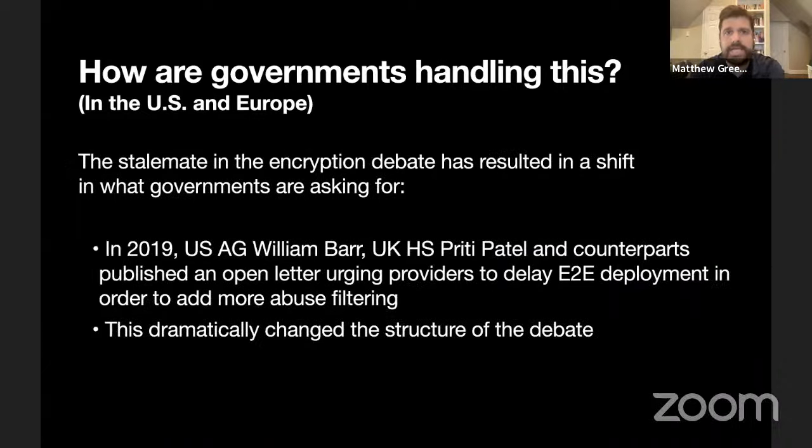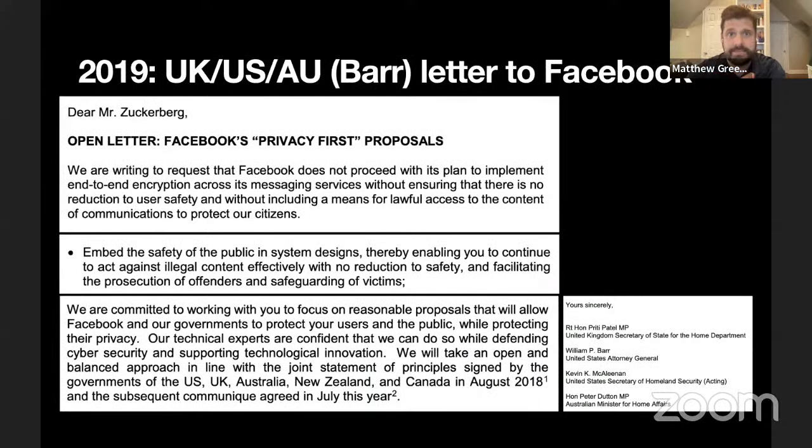But rather than asking for occasional exceptional access to encrypted messaging, this letter essentially said, hey, we have all of these essentially mass surveillance systems, these systems that are constantly scanning messages for the presence of abusive content, such as child sexual abuse media and other types of content. These systems will stop working the minute there are end-to-end encrypted systems handling those messages. And from a law enforcement perspective, maybe this wasn't a big shift. Technically, it was a massive shift in what this entire technical debate was about.